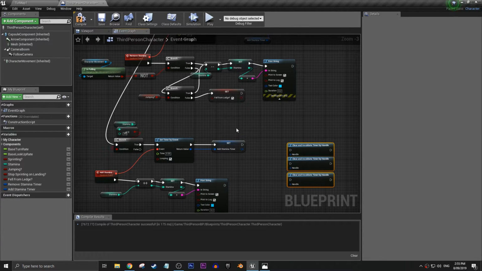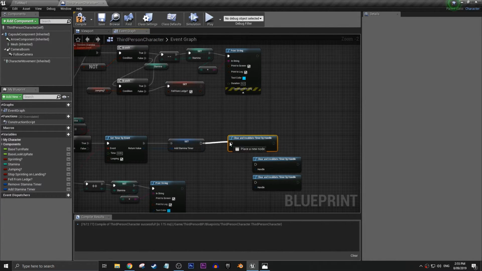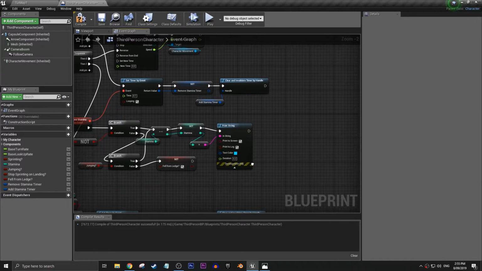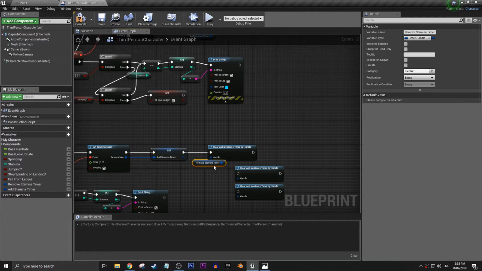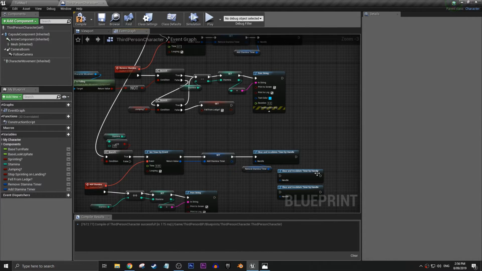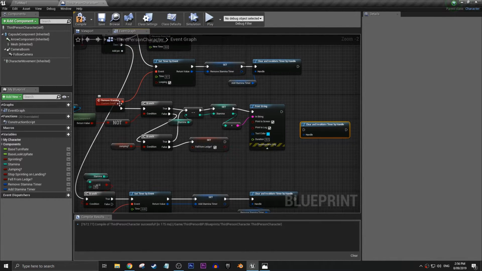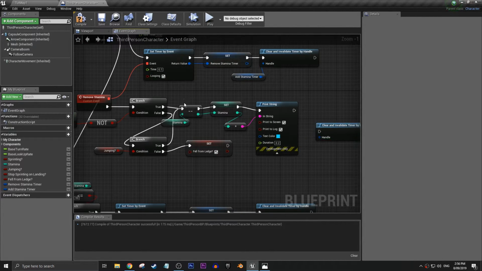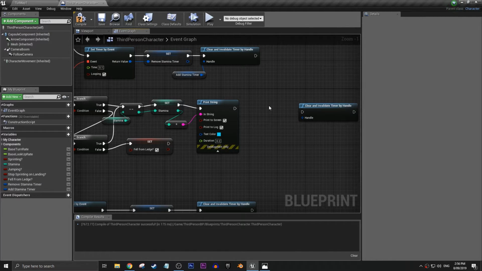And likewise the other way around, after we have our set timer by event on the add, then we can do the same as before, but the other way around, we are going to stop and invalidate the remove stamina timer. So now the next 2 are just some more checks. So on our remove stamina here, on this bit of code here where we have it removing the stamina, we want to grab a branch,